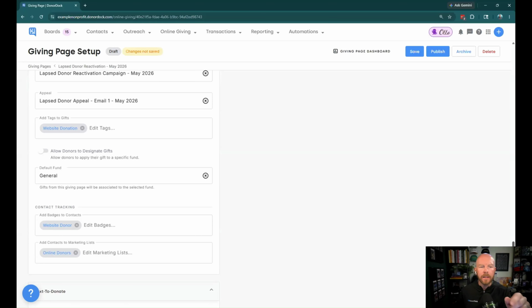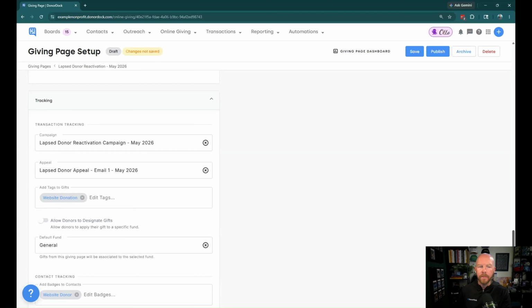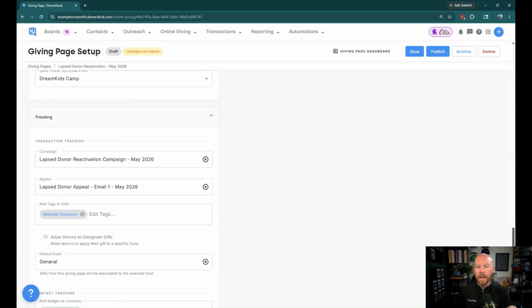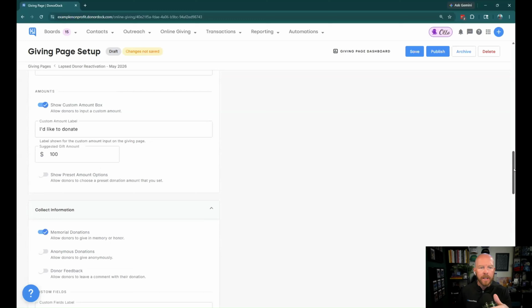One thing I want to highlight is you were talking about the customization of the messaging, but the other thing you did that you didn't call out, that I want to say is really important, is customizing the giving amounts. Again, these individuals have given an average gift of $50 to $500. And so we've actually just suggested that they give $100. Which I think is great because we're basically anchoring in there. We can customize that message. It's not saying $5. It's not saying $1,000. It's fitting into that range,